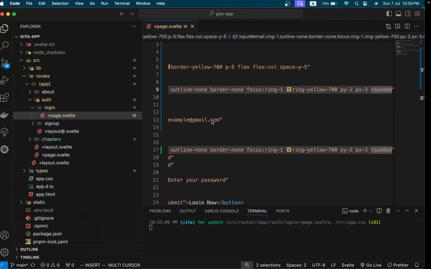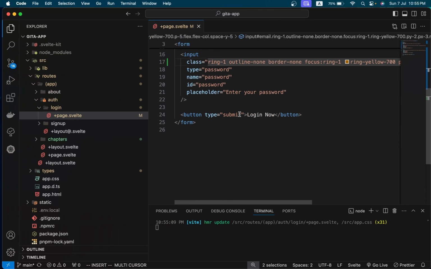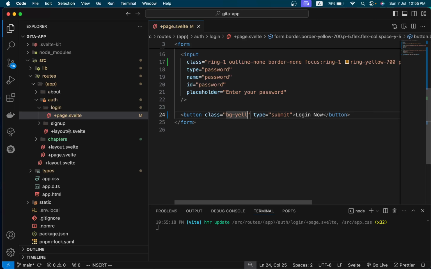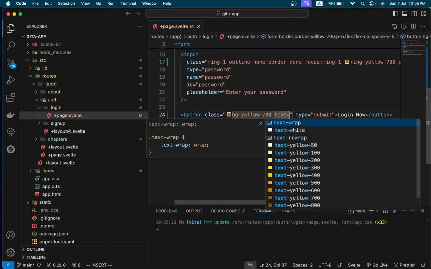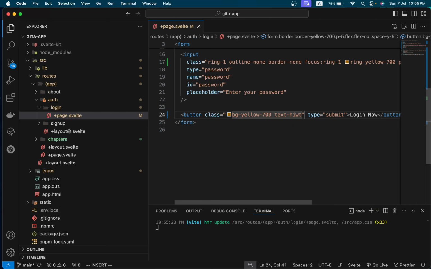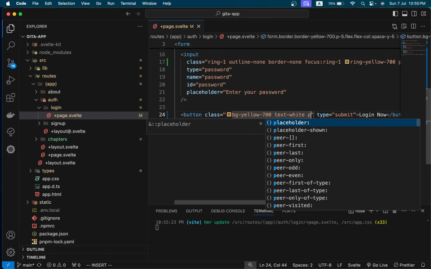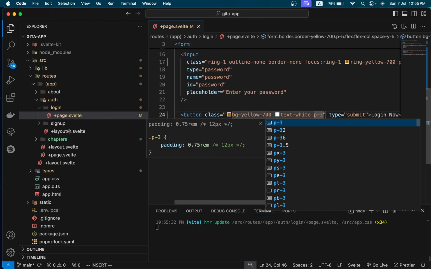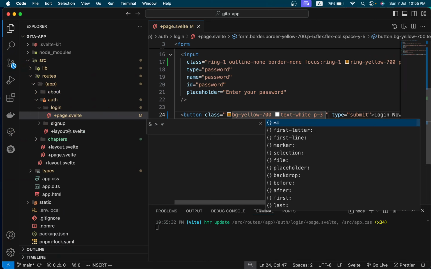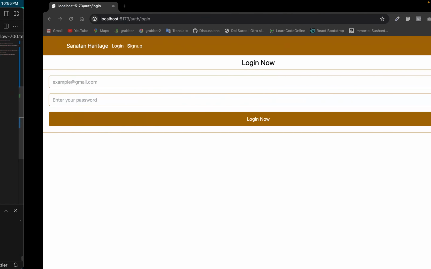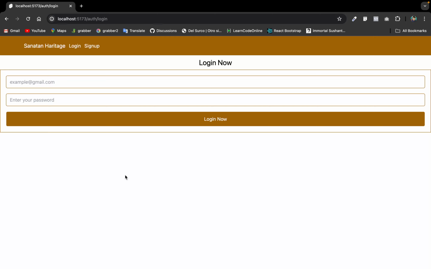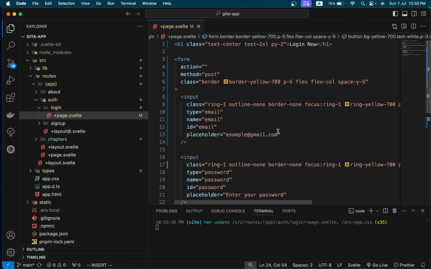and a little design for our buttons as well. Class bg yellow 700, text white, padding from each side it can be 3, and little rounded. So that is our login form, and before adding this